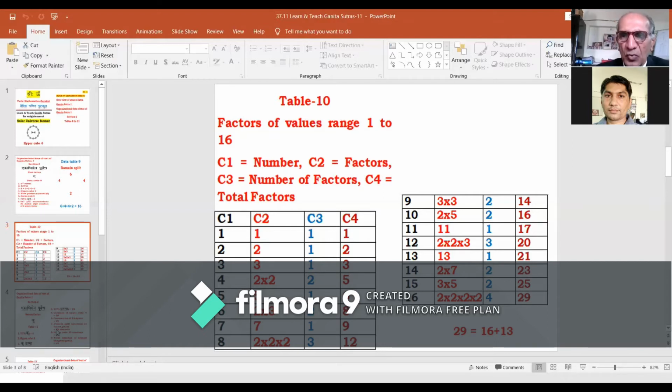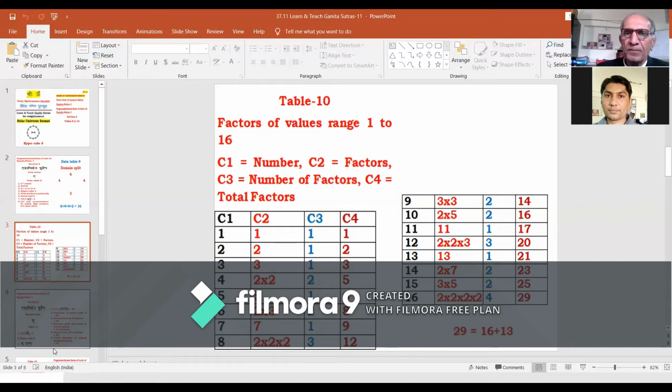It is this core of the organizational format which is responsible for such a blissful foundation of Vedic mathematics. Such foundation of Vedic mathematics deserves to be comprehended